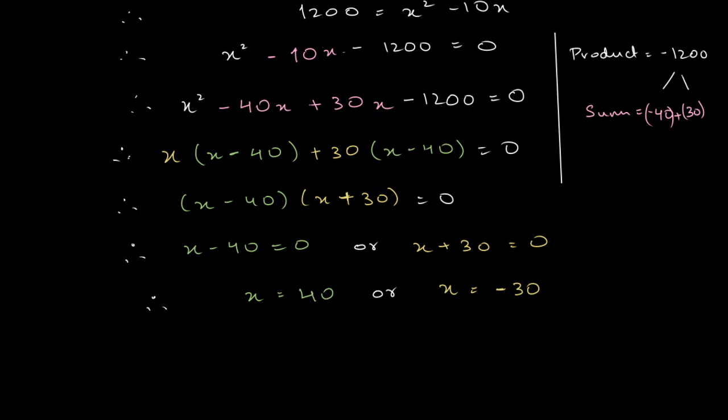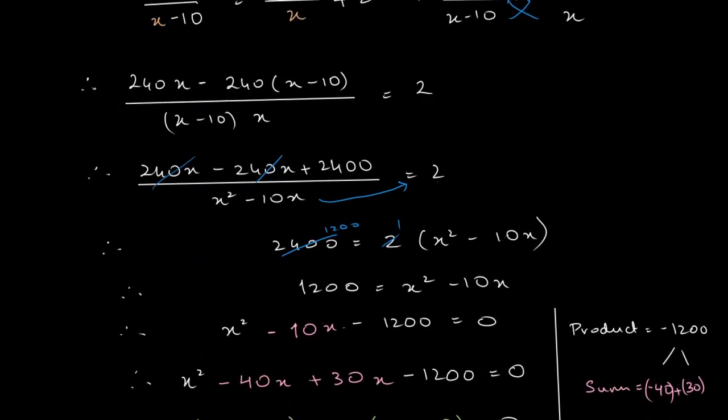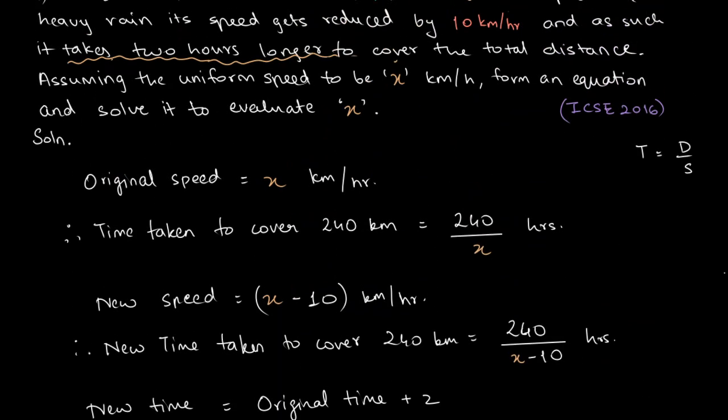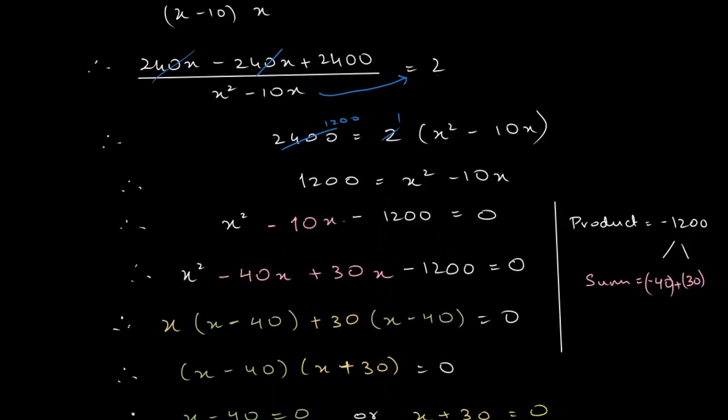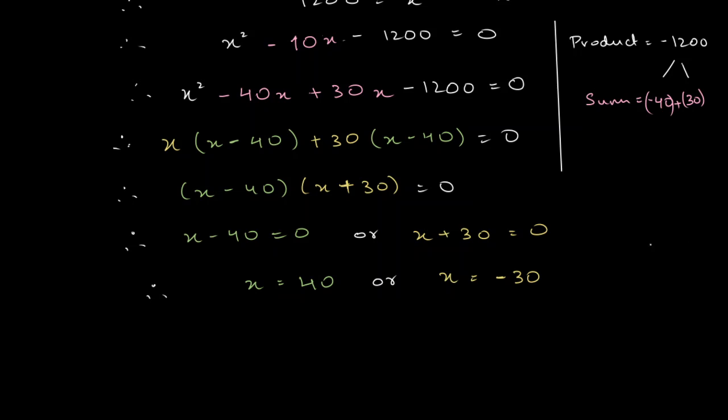Right, now if you look back and remember what x represents, and if you see in this question, it tells us that the uniform speed is x kilometers per hour. Now the uniform speed, the speed can never be negative, right? Speed can never be negative. So we'll have to reject this x is equal to minus 30. Therefore, since speed cannot be negative, x is equal to minus 30 is rejected,